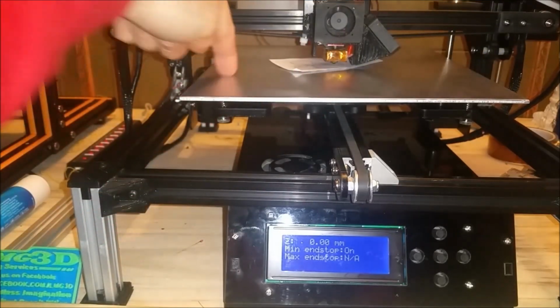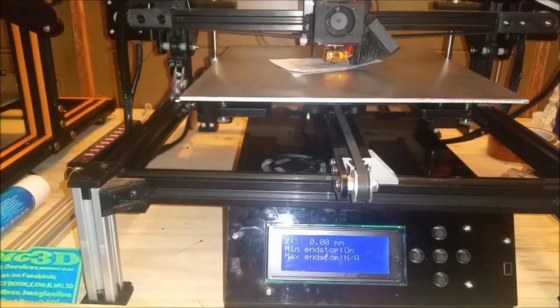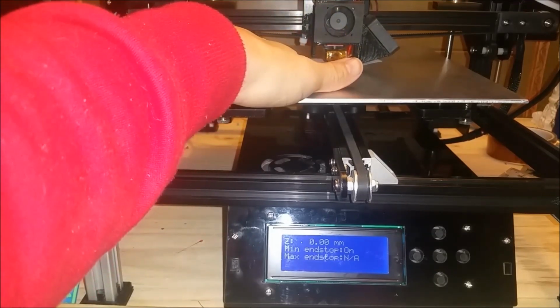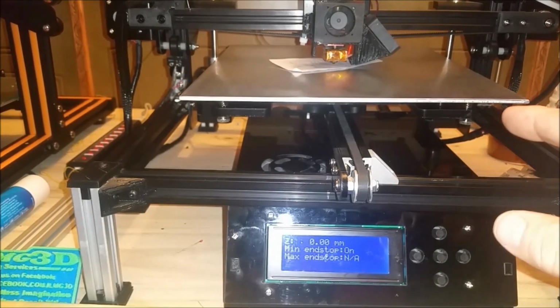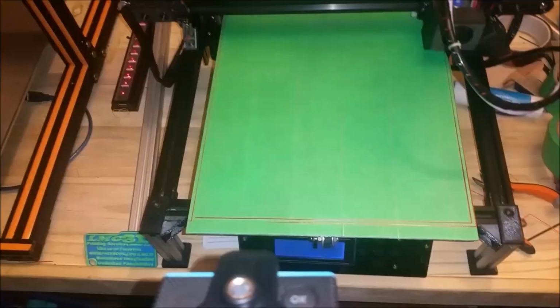But for now I'm going to do a print to test this outer dimension. And I'll worry about that center flatness a little later once I get a piece of glass in here. Right now my bed is heated up just fine. So bear with me for a minute and we'll get a print loaded on the printer. And we'll start testing out